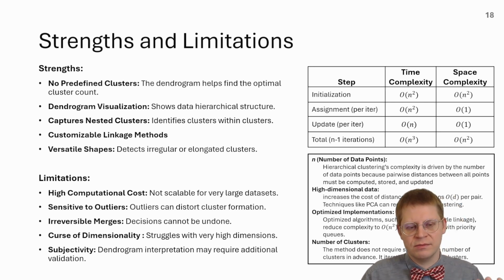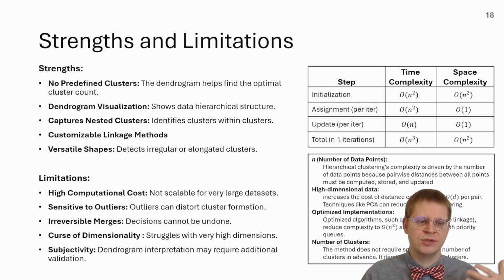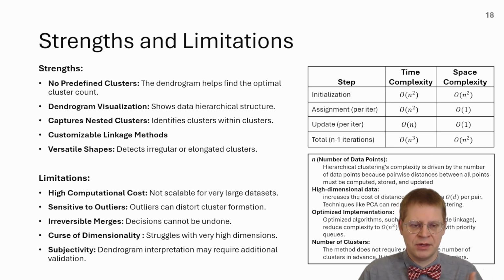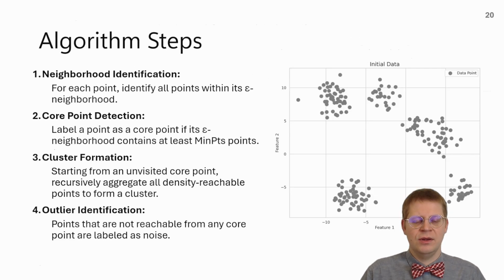And you can customize the algorithm by choosing different linkage criteria such as single, complete, average, or Ward's methods. It handles irregular or elongated cluster shapes effectively, making it suitable for datasets with complex structures. And what about limitations? Well,